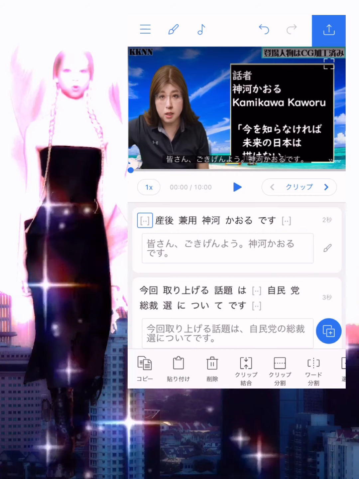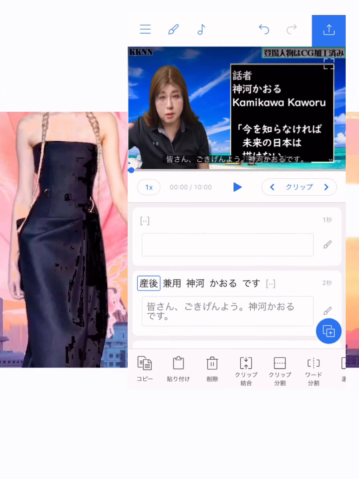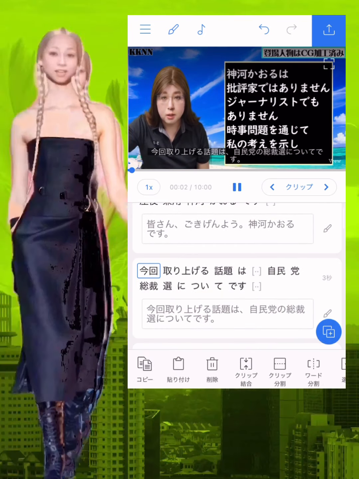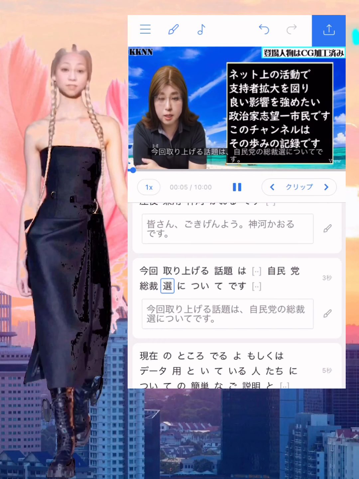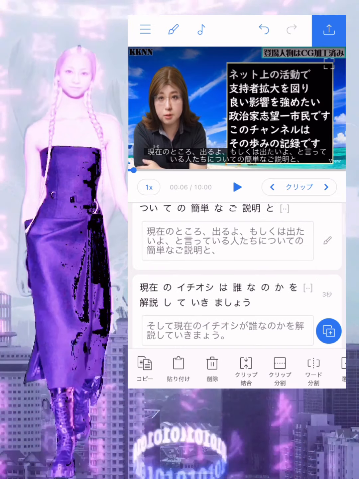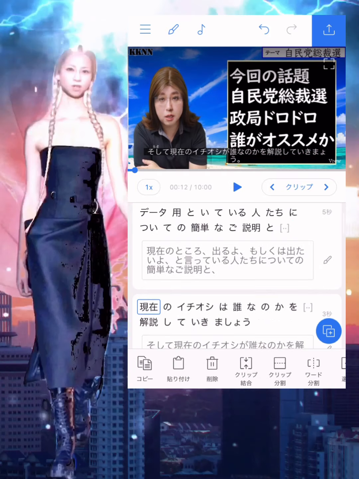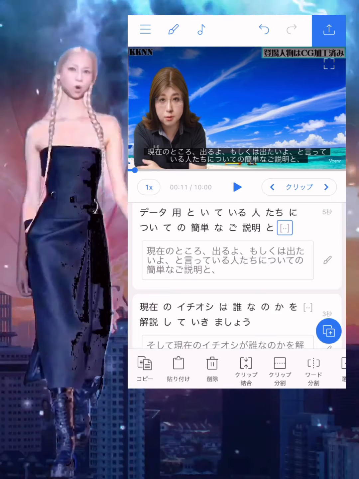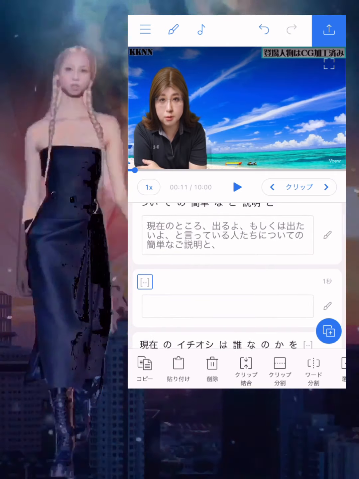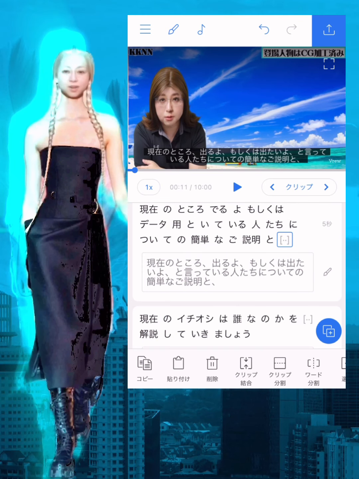4. Correct the timestamp deviation. In order to quickly correct the slight deviation of the timestamp, I extract the SRT file here, not in Vru, and move it to my PC. I am fixing it with an app called Subtitle Edit. If you want to create subtitles only on iPhone, you can only fix it with Vru. Make full use of clip combination, clip division, word division, etc. in Vru. Please correct the slight deviation of the timestamp manually. I don't think it's possible to make a perfect correction. If you get too nervous here and try to correct the 0.1 second gap, the quality of the subtitles will be excessive. It's just a waste of time, so be convinced where appropriate.